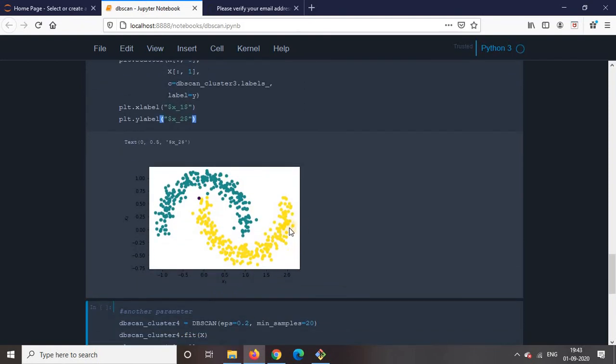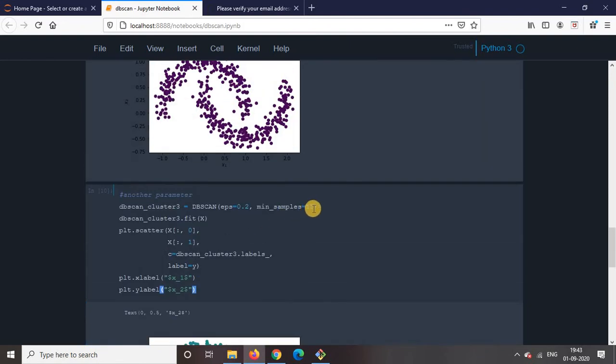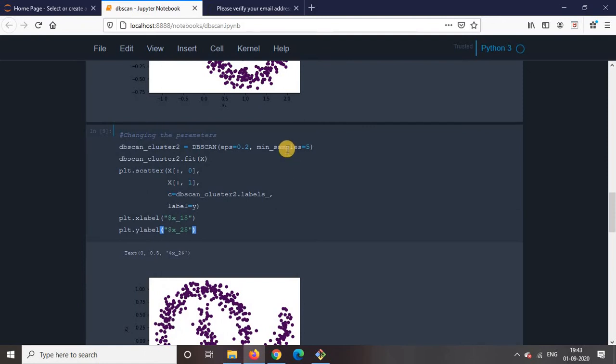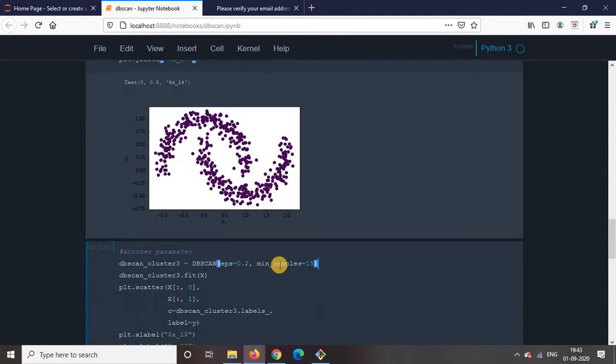Great. So now you can see we are able to do that. What I have done is I have increased the constraint on this DBSCAN method. It means that within this 0.2 radius there should be at least 15 instances to make that point a core point. And you all know that core points make the clusters.